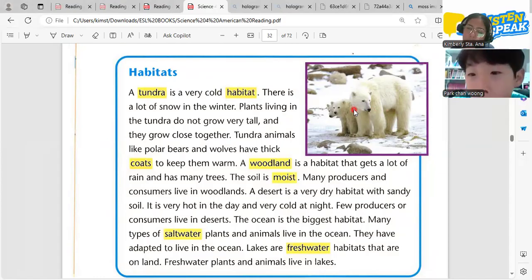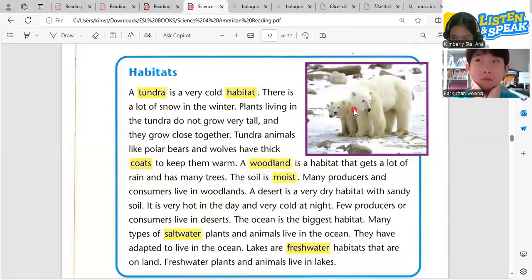Yes, do you know that nowadays, a lot of polar bears go extinct and die? Do you know why? There is much water. Yes, and there is no ice left. They live in very cold places, but the weather nowadays is getting hotter and hotter, and it melts the ice where they live, and that's very hard for them. So one day polar bears will be extinct if the climate does not improve. So let's have the next one.